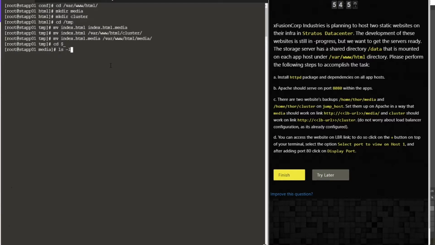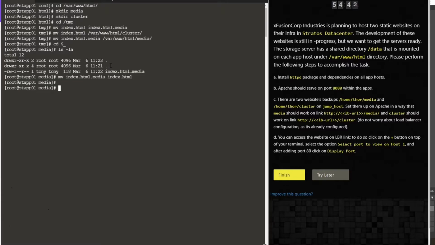We're going into the var www.html media directory and going to rename the file as index.html. So once that is done, we are going to restart the HTTPD or the Apache service. Okay, it is done. Let's go into the second server.